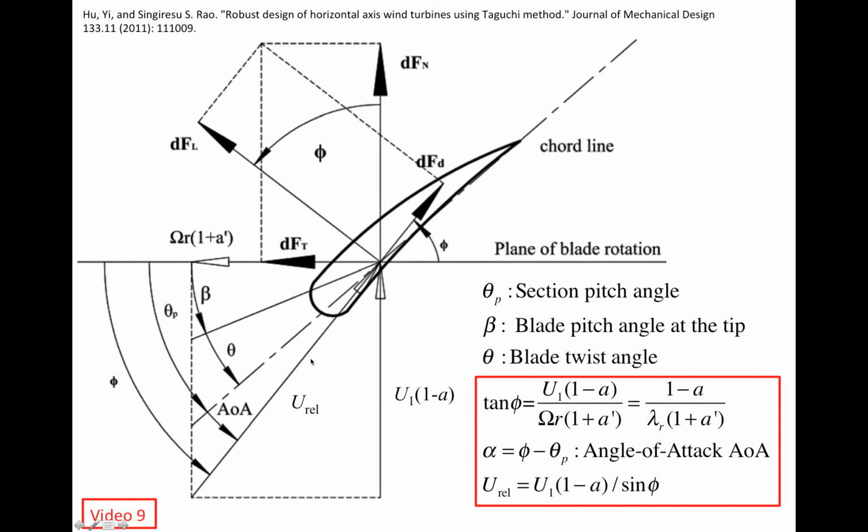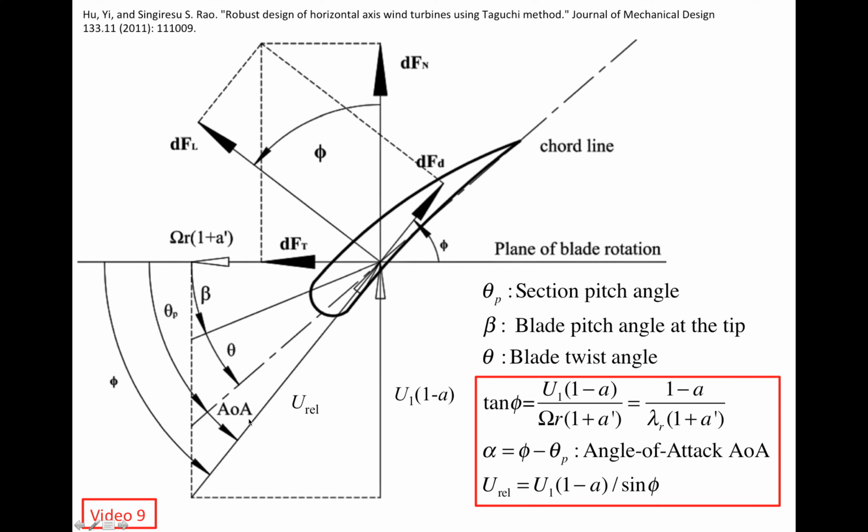then the vector for the relative wind is going to rotate this way, and the angle of the relative wind phi is going to increase. If u1 increases, then phi is going to increase. So in order to keep the angle of attack on this airfoil at its optimal value, we need to increase the section pitch angle theta p by turning the leading edge of the airfoil towards the incoming wind. On the other hand, if the free stream wind speed u1 decreases, if this vertical vector becomes shorter,